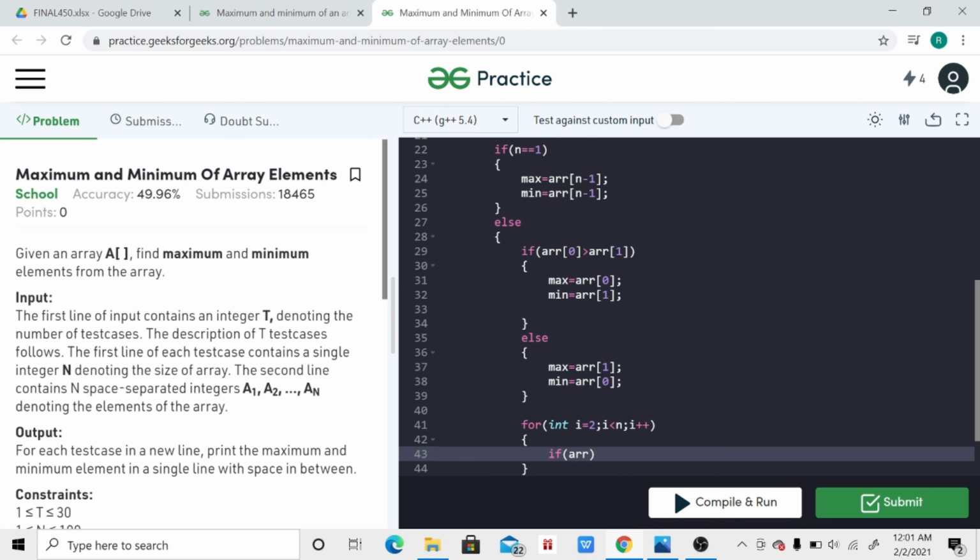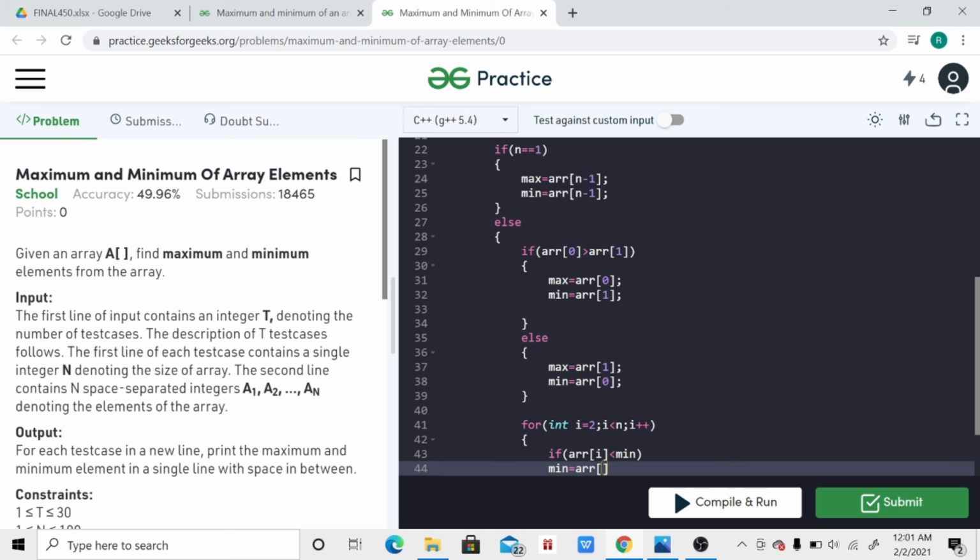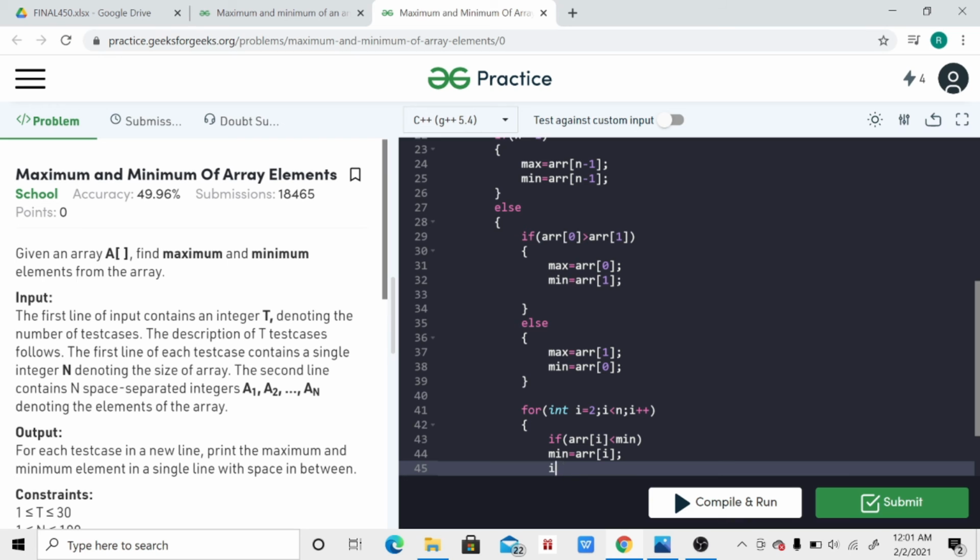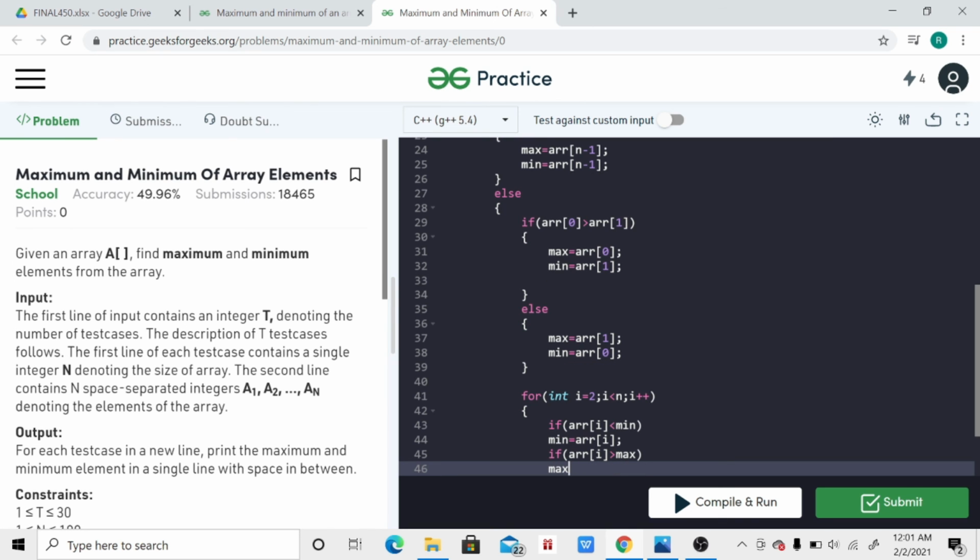If array of i is less than minimum, then minimum value would be array of i. And if array of i is greater than max, in that case our max value will be that element.